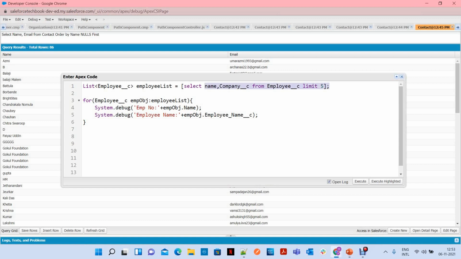In the query, I am not requesting this field from the SOQL query. That is why it is showing the error. That means whatever fields you want to retrieve, you need to specify them in the SOQL query before you access them, except Id and record type Id.